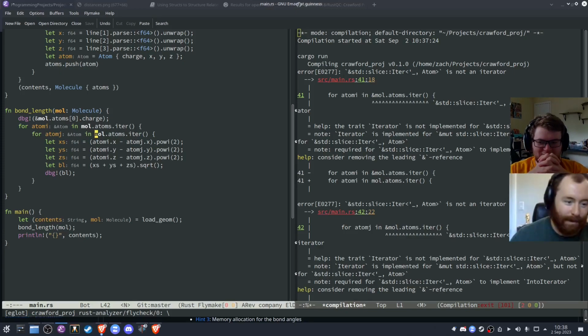If you want to leave the thing behind, you call .iter, which for loops also do magically for you if you borrow the thing you're looping over. It doesn't move it. But if you call iter yourself and then you try to borrow it, then it tells you this borrowed iterator is not an iterator. Only the iterator itself is an iterator. So that's why you had to do that. Okay, so now if you run it,